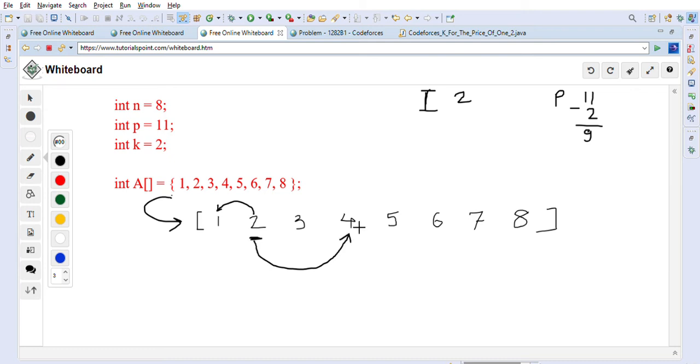Now we will check if 4 is less than this 9. Yes, so we will buy this item. So now 5 coins will be remaining. Once we buy the item with price 4, 3 will be free. So we will again get 2 more items here. So now we got 4 items already.